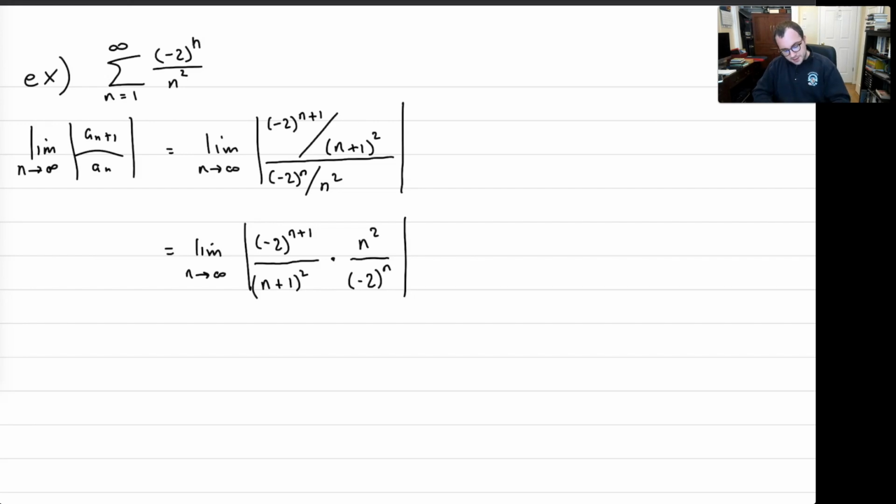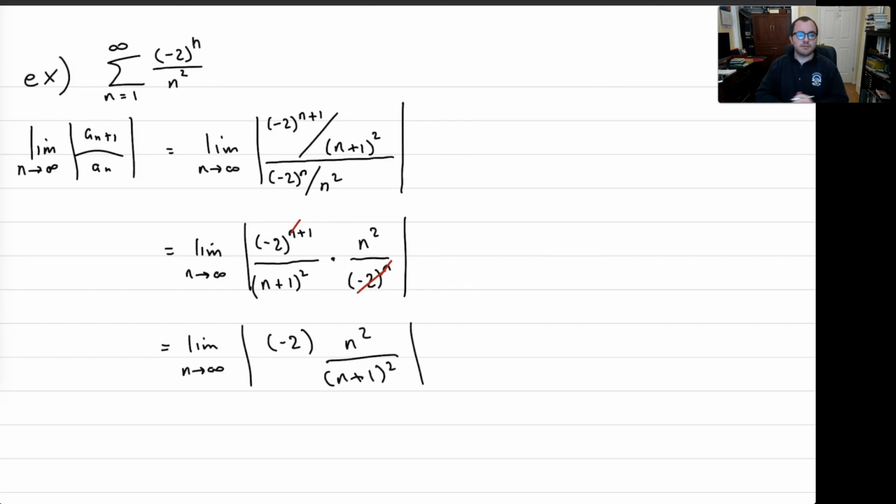And you see this negative 2 to the n up here cancels with the negative 2 to the n on the bottom. And I'm left with just one negative 2 on the top. And over here I have n squared over n plus 1 squared. And I think you see what's going to happen here. I'm going to expand this